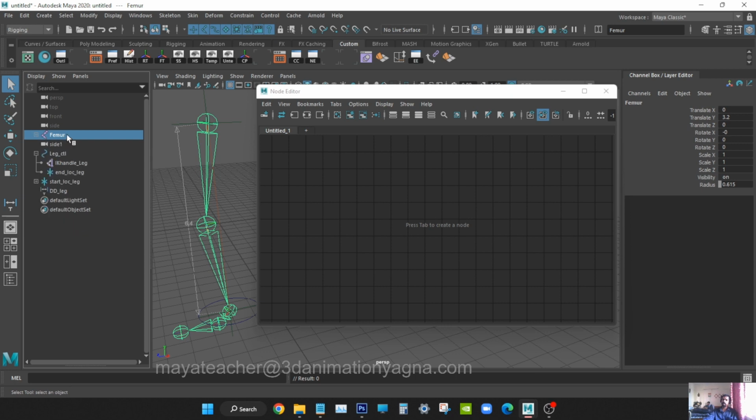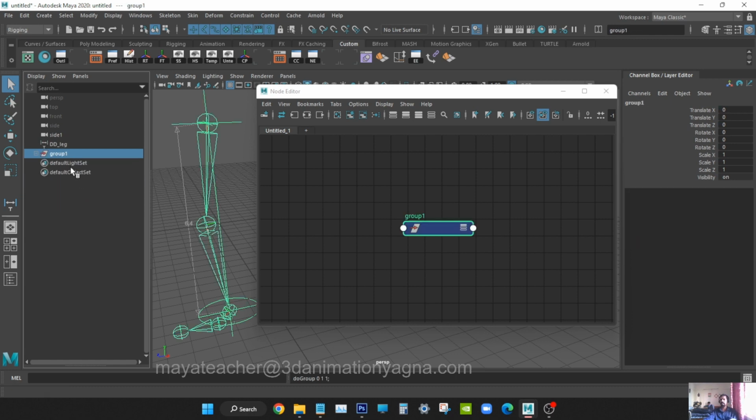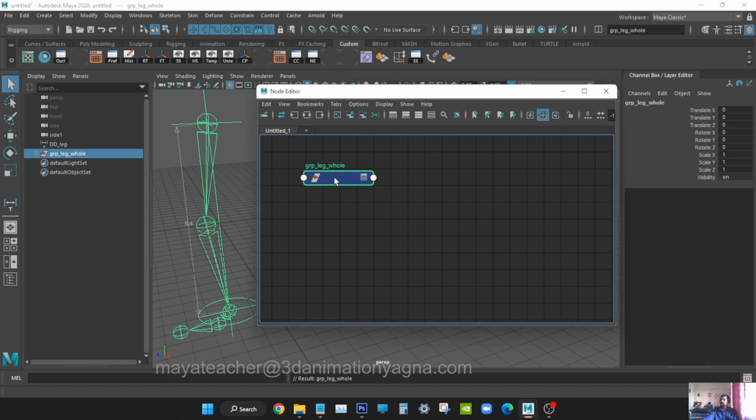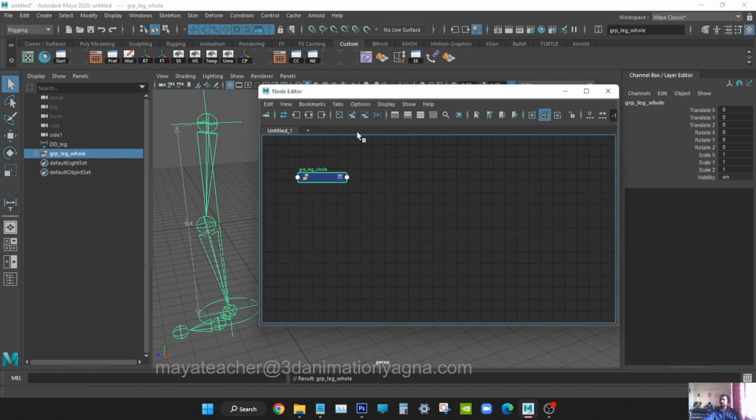So select bones first and leg control and then the locator, start locator, control G, rename it as group leg bone, right? Now bring it in the node view editor,